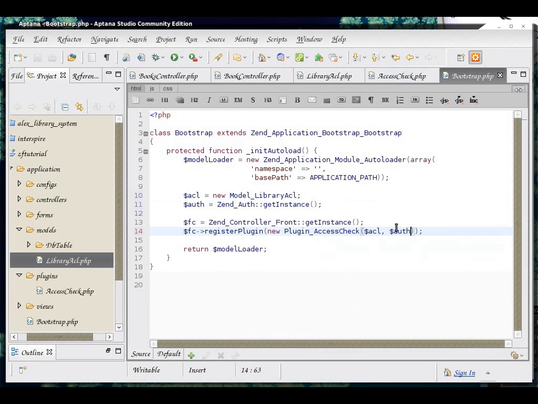So once again, we're passing in the parameters that hold the model object of the library access control list and the current instance of Zend_Auth.